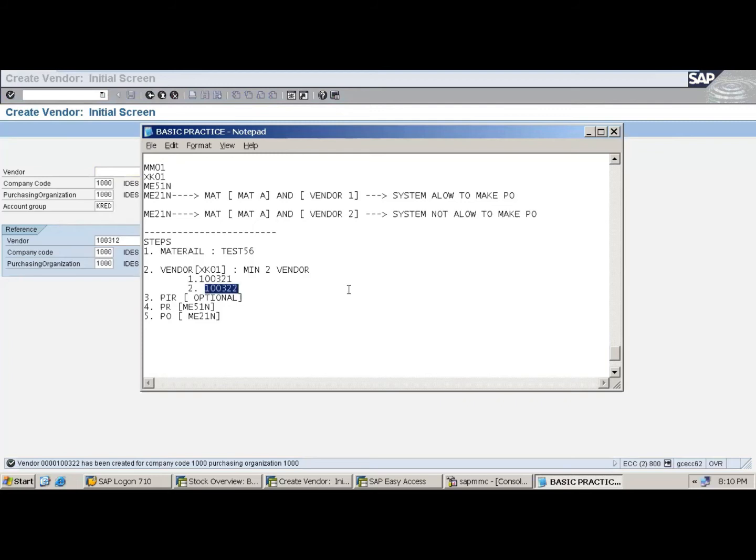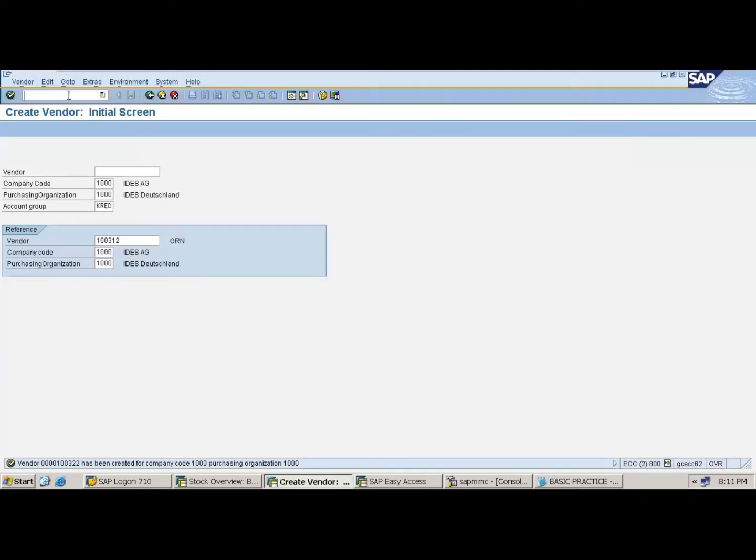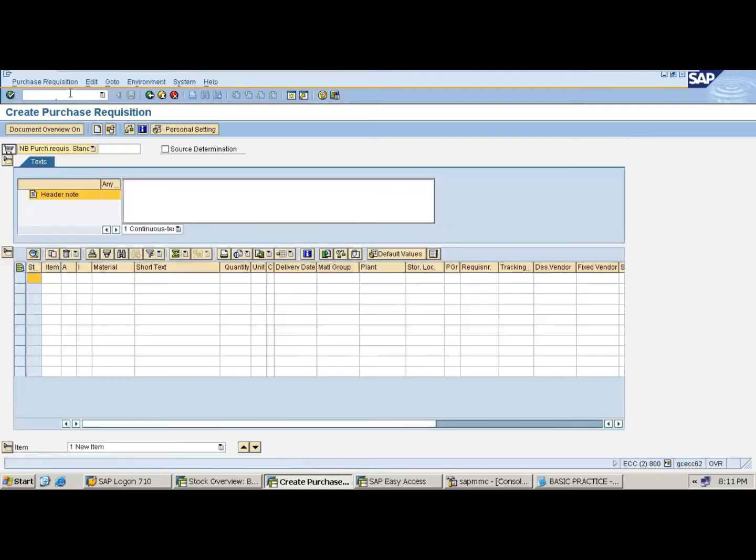Fine. PIR is optional, I told you already. So what's the T code to maintain the PIR? ME11. Then I go for creating the PR for this material. Okay, fine. Slash n ME51N. Without a PR also, we can proceed.